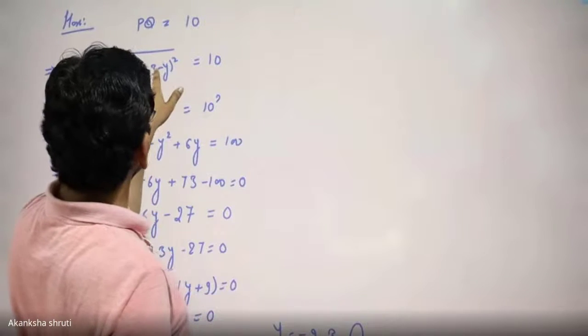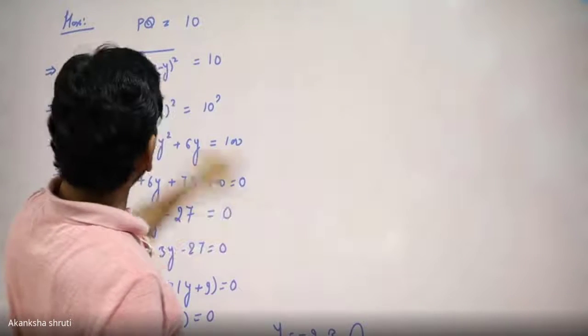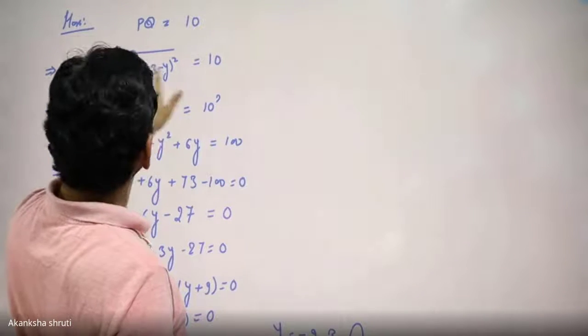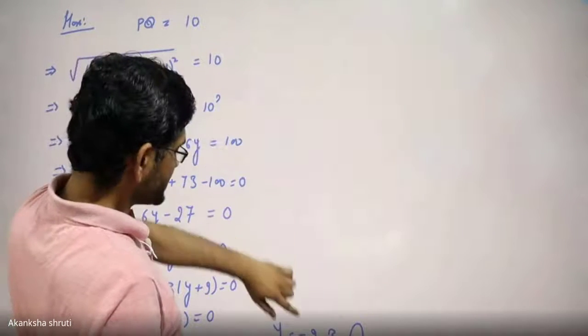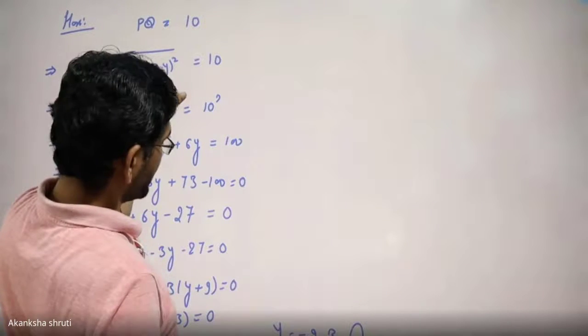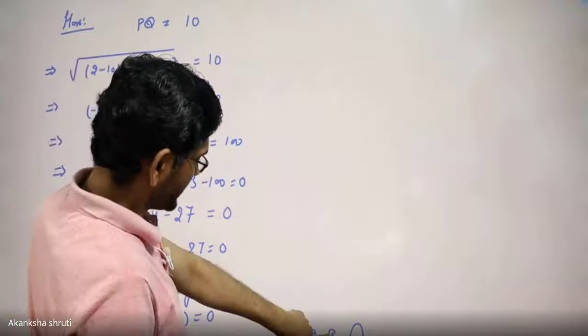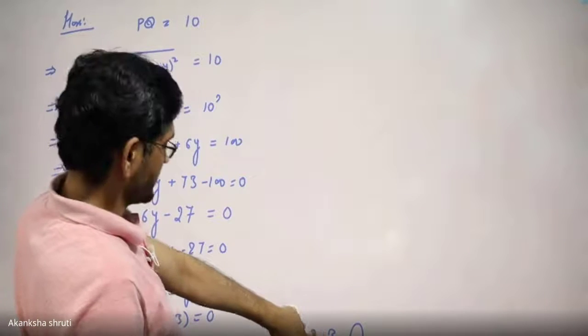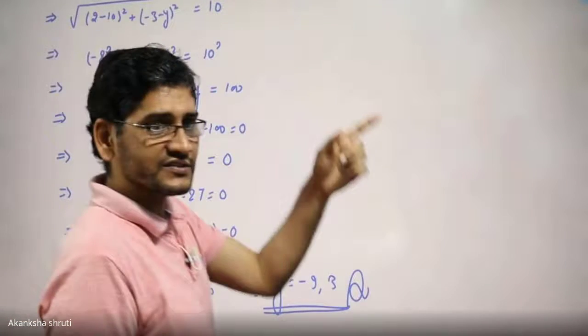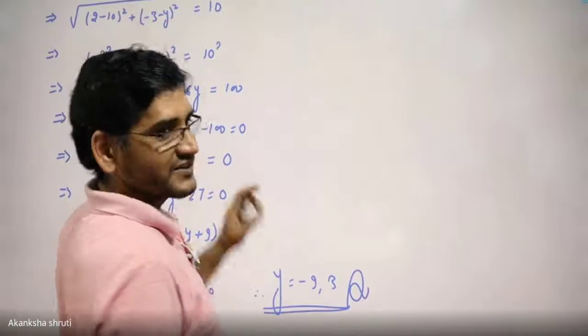Students, if you are taking this as minus of minus 9, it becomes plus. Means minus 3 plus 9 becomes plus 6. If you are taking minus of this 3, substituting it here, minus 3 minus 9 becomes minus 6 square. You will get this term is always the same.